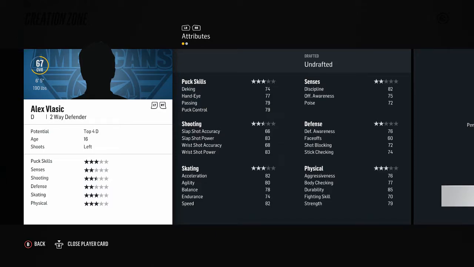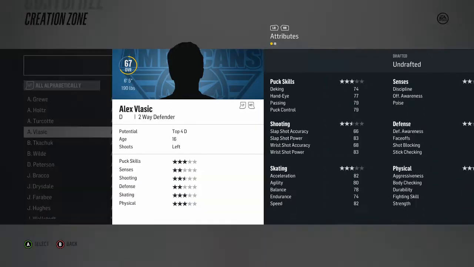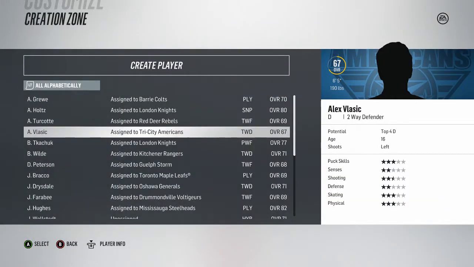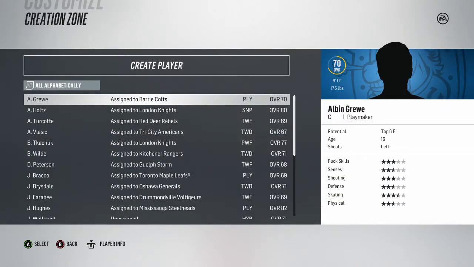One thing I will say is I did edit a lot of these players' overalls. I did mess with their attributes, because you can probably go back and look, but they used to be quite a bit better. Just for example, Albin Grewe, he's 70 overall. I think before he was in his 70s, somewhere up there, but I lowered a lot of them down and screwed with their potentials and things like that,